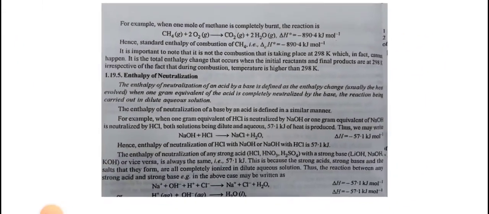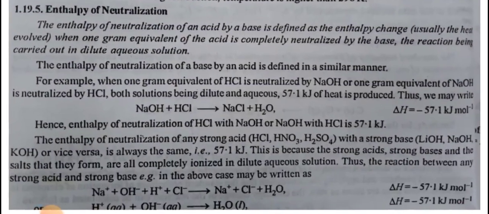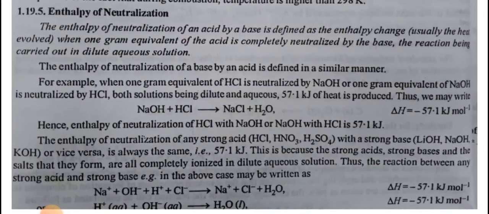The enthalpy of neutralization of a strong acid, that is HCl, HNO3, H2SO4, with a strong base, LiOH, NaOH, KOH, or vice versa, is always the same, that is 57.1 kJ. This is because the strong acids, strong bases and the salts that they form are completely ionized in dilute aqueous solution. Thus, the reaction between any strong acid and strong base, for example in the above case, may be written as